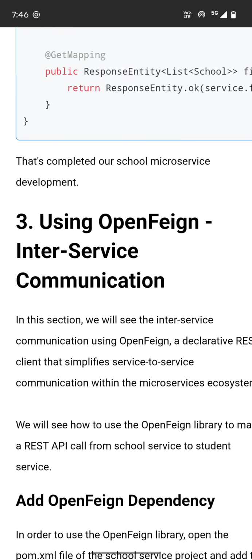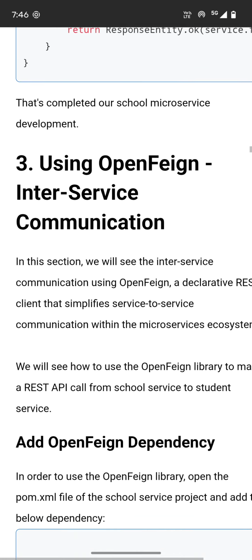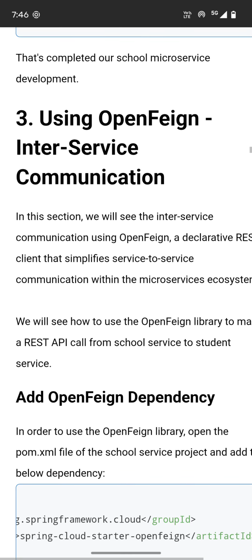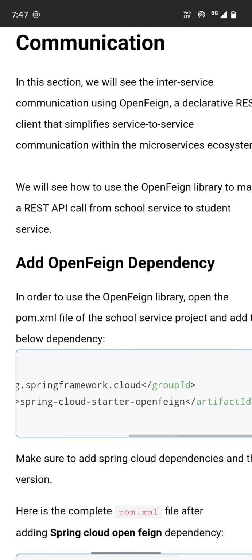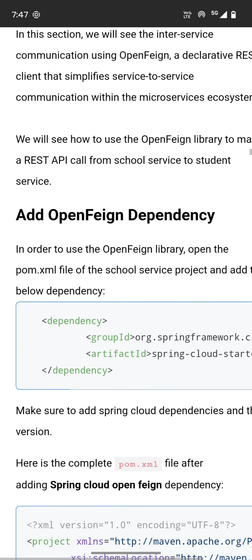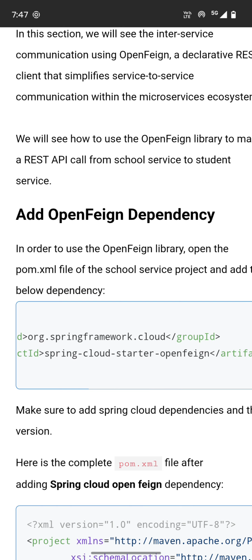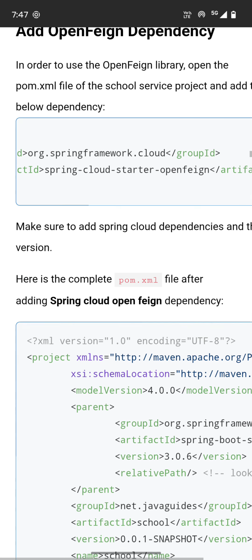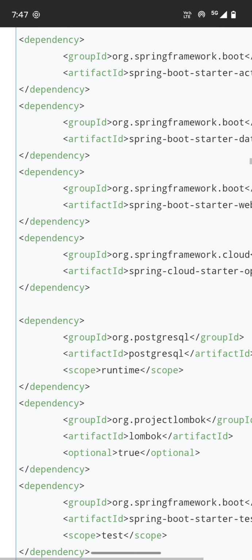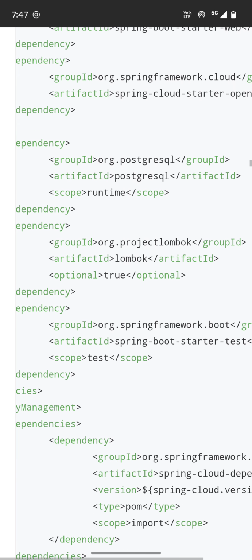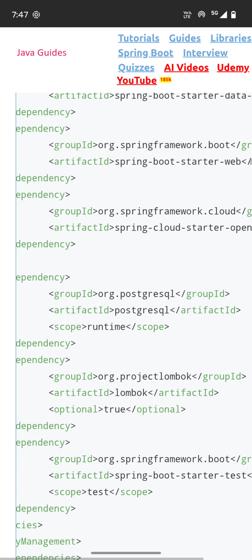Here I'm going to explain how we are going to establish inter-service communication between the school service and the student service. First thing is you need to add a starter dependency for OpenFeign client. You need to add this, and you can see I'm going to add this. In this project they added this Feign client. Where is this Feign client? You need to add